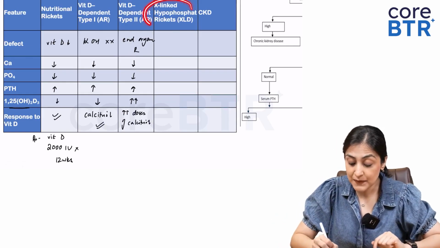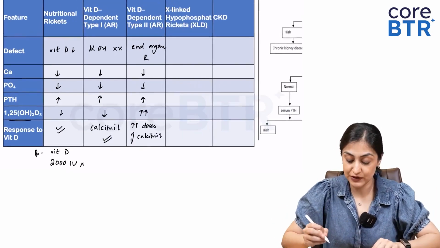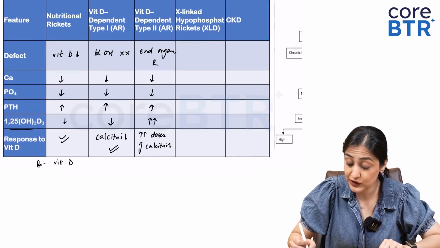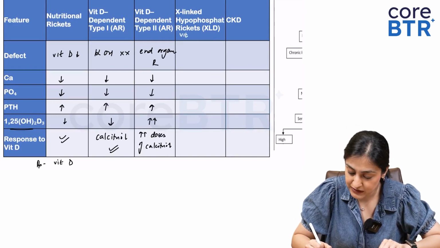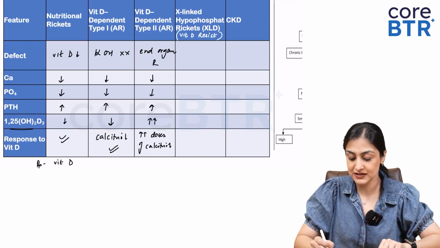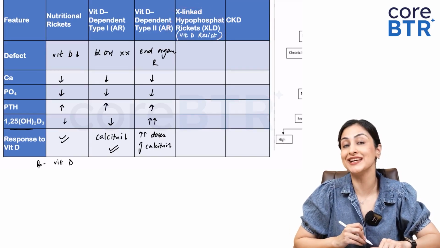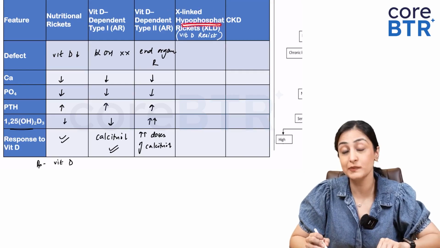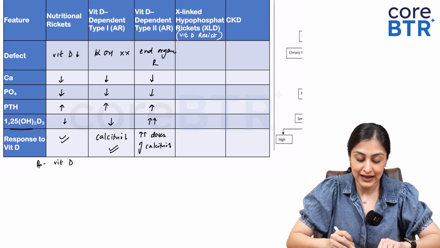Okay. Then comes X-linked hypophosphatemic rickets, which is X-linked dominant, and this is also called as vitamin D resistant rickets. And the reason is this is not related to vitamin D. As the name suggests, the problem is hypophosphatemia, and this is